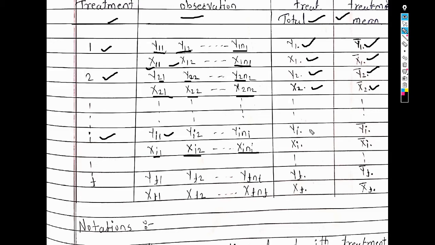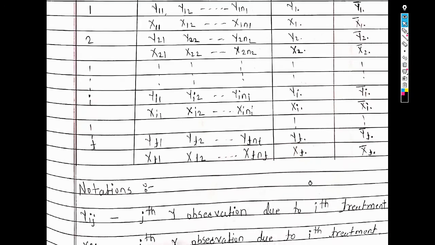Its treatment totals are yi dot and xi dot, and treatment means are yi dot bar and xi dot bar. So up to the tth treatment, we get observations yt1, yt2 up to ytnt and xt1, xt2 up to xtnt. Its treatment totals are yt dot and xt dot, and treatment means are yt dot bar and xt dot bar. So these are some of the notations